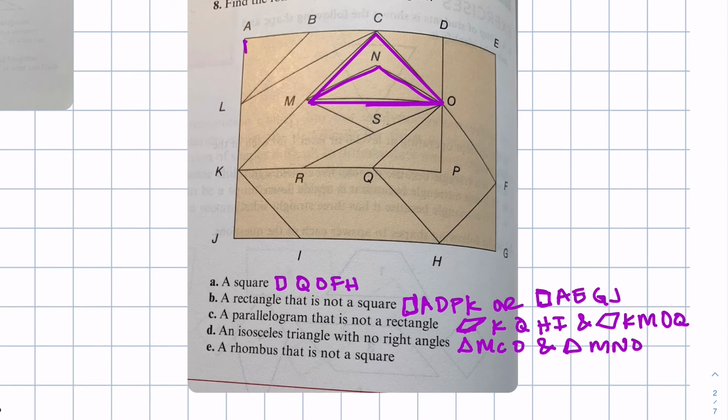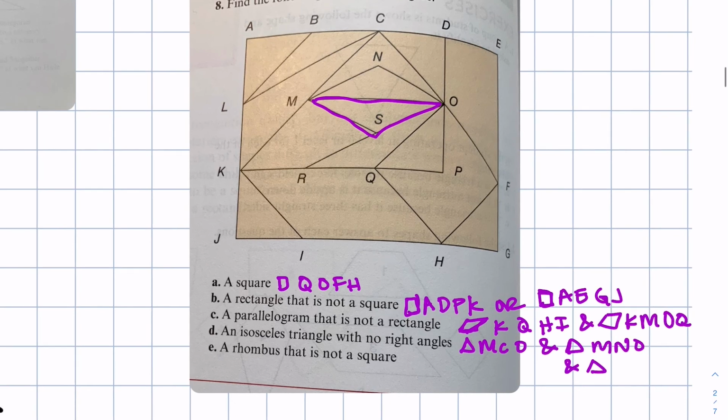Oh, here's another one, I think. It's also an equilateral triangle, it looks like. Oh, but it looks like it has a right angle, right? So that one actually doesn't count. This one also has a right angle, so that would not count. There might be another one here, but I am not seeing it. Oh wait, no, this one. So M